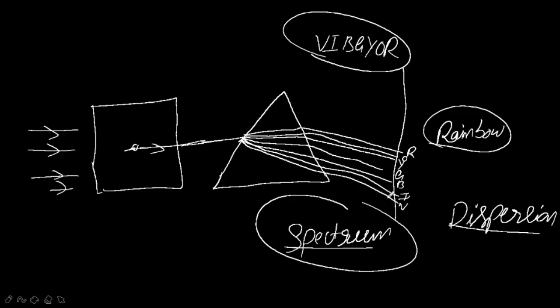Thus the rays of each color emerge along different paths and they become distinct. So it is the band of distinct colors that we see in the spectrum. I think you all have got the answer. So why do we observe all these colors when the light ray passes through the prism?